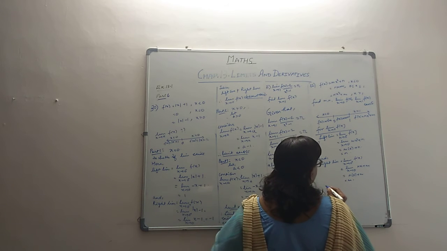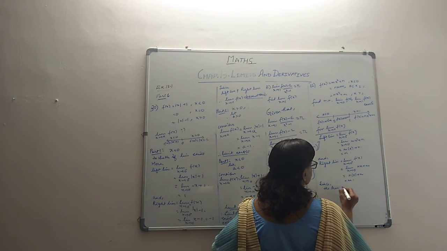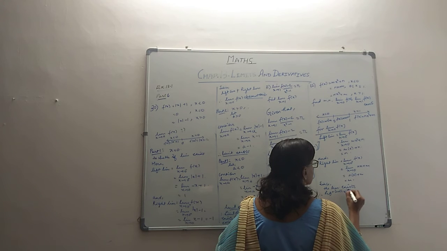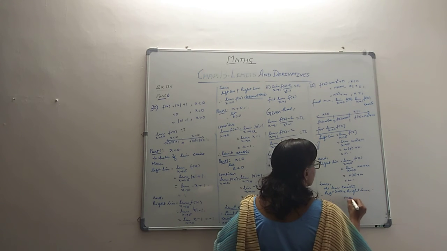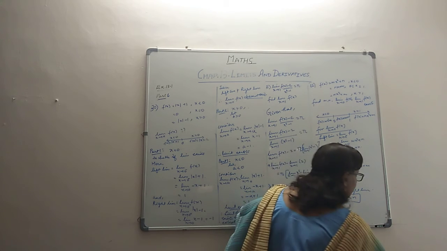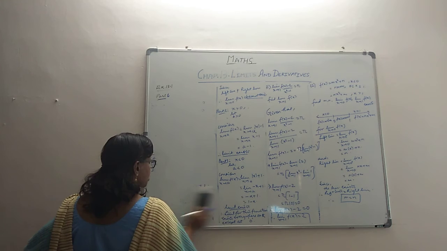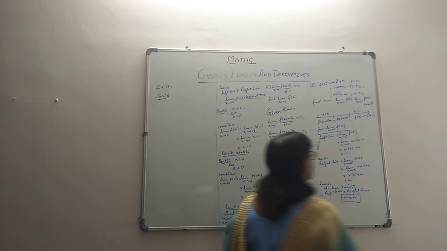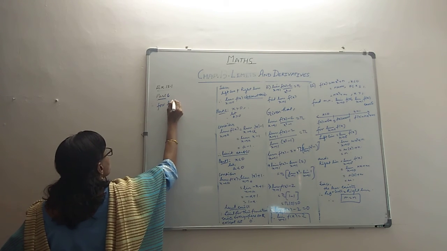What will happen? Since the limit exists, therefore left limit is equal to right limit. Right. That way we will get m equal to n. One relation we have got, that m is equal to n. Now we have to take limit as x tends to 1 of f(x), and let's see whether it is going to help us with some values. So for limit as x tends to 1 of f(x).